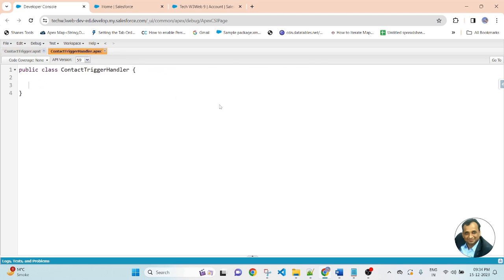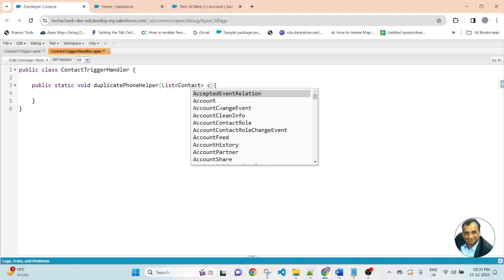So we will write the business logic inside the method. Let's create a method: public static void, named duplicatePhoneHelper. Inside the brackets I will pass a list of contacts, phoneList.